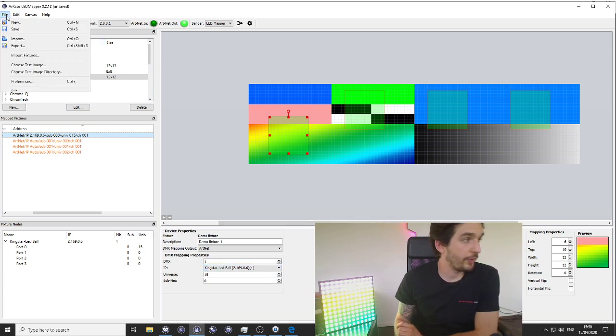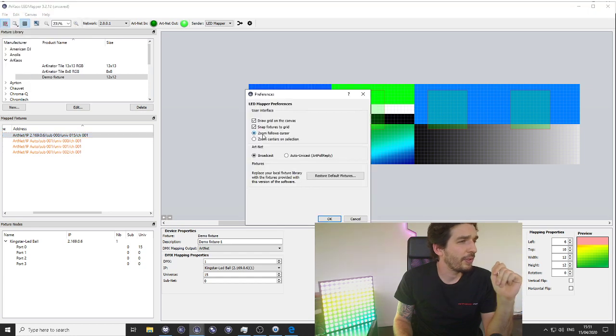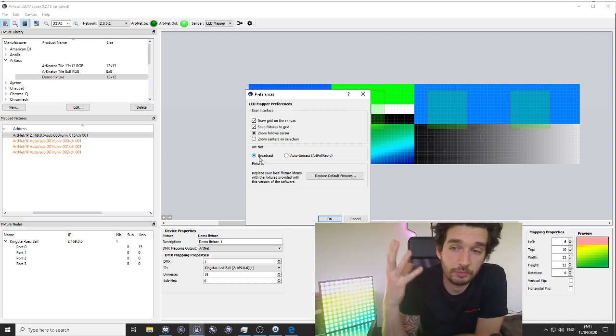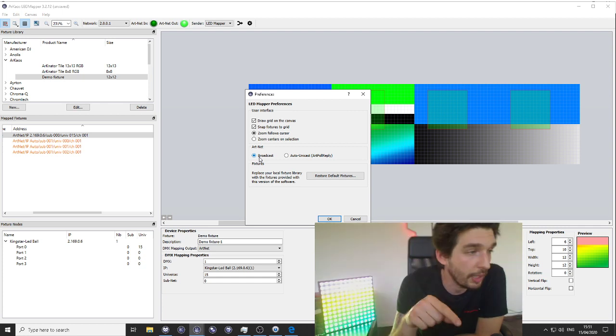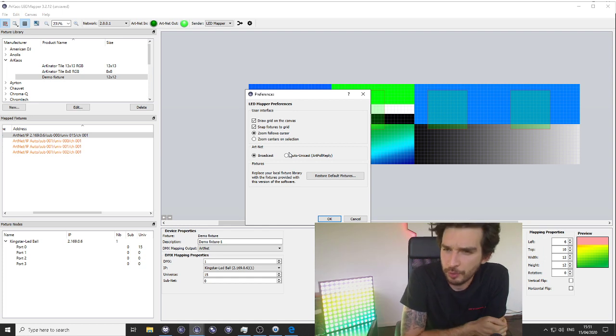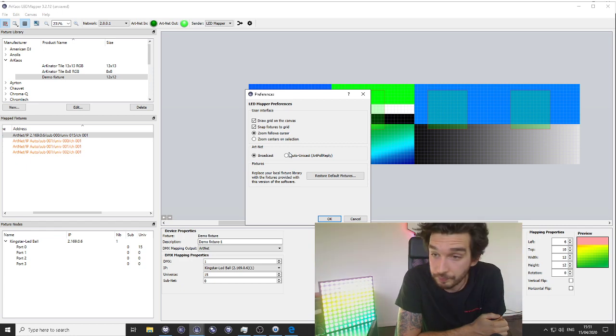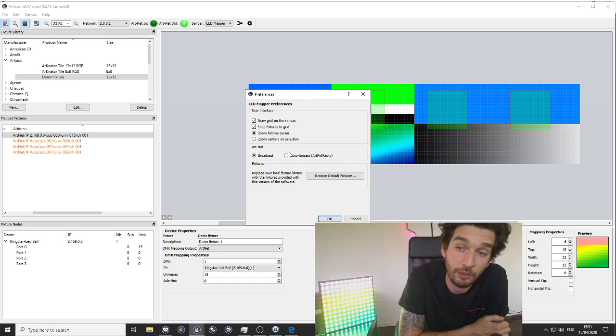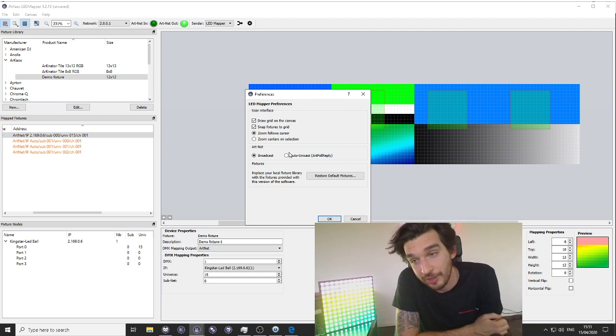If you are not sure about your setup, you can also, and that's an option we have in MediaMaster and LED Mapper, go in Preference, and you have an option ArtNet Broadcast. By default, every fixture I'm going to patch in the network will be output in ArtNet Broadcast, but I have an option Auto Unicast at ArtNet Poll Reply. So for the GrandMA users that we might have on the live right now, it's also an option that you have on some lighting desks. Your universe, you can have it in broadcast, in unicast, or in auto broadcast.